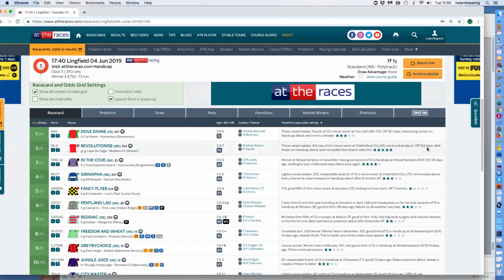And off 104 days, obviously, again, this is a sign that the trainer is giving him a run, that 4th, and then giving him a bit of a break. And well drawn on handicap debut. So you can see how this is panning out. This horse has run reasonably well, been reasonably fancied, not been knocked about, run over 6 furlongs or 7 furlongs in the first outing, but went back down to 6 furlongs, which is probably a bit too short for him. Coming back in here, well drawn, over 7 furlongs,